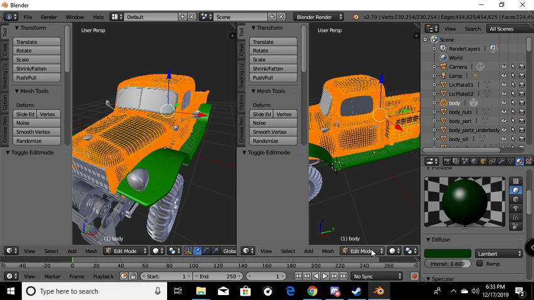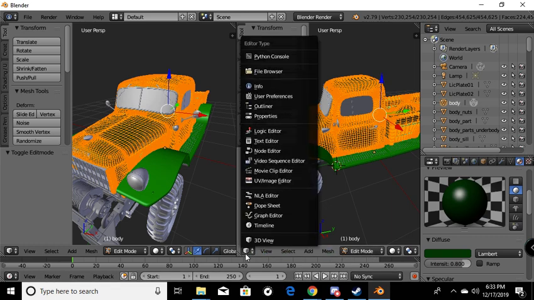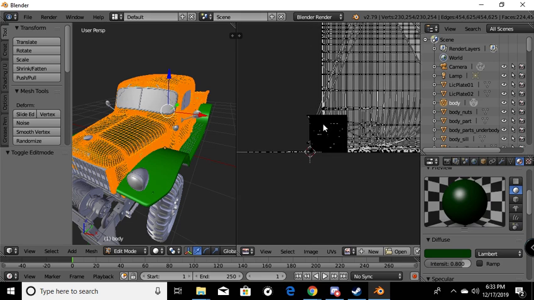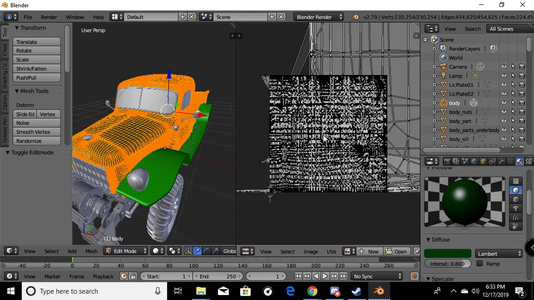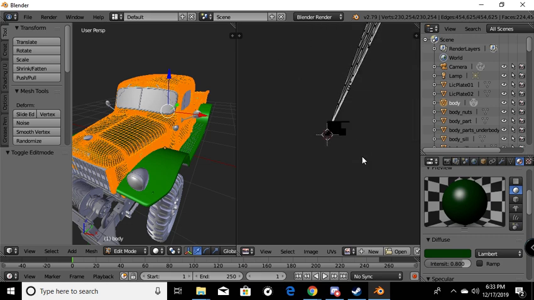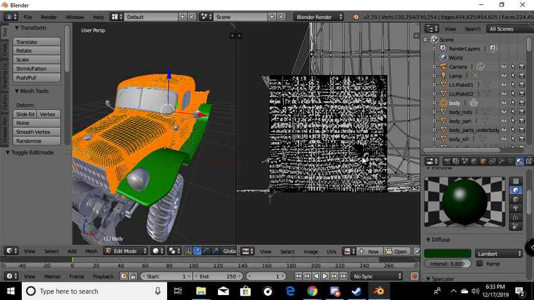And then we're going to come over here to this window. We're going to hit UV image editor. Now look at that mess. See, there's the square that we got to work on. And this is the whole truck. So what we're going to do